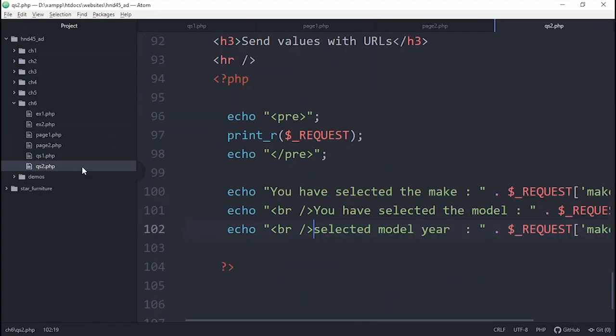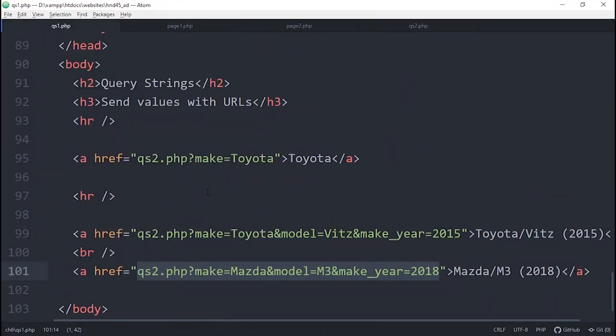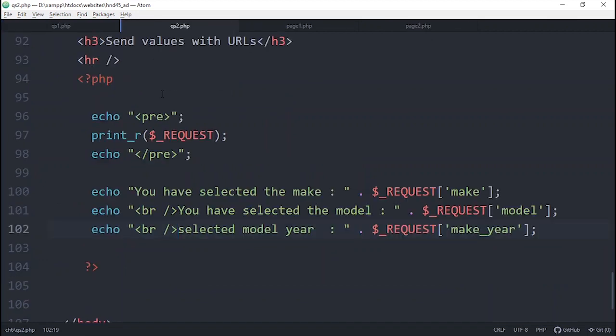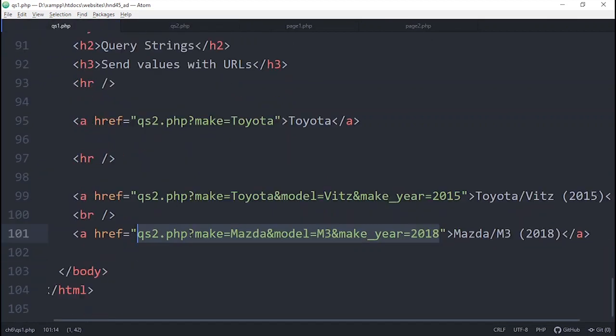Finally, we talked about query strings, a method of sending information using HTML links. So we will construct an HTML URL like this. The page it should go to comes first. There should be a question mark. After that, the parameter name, assignment operator, value. And if you are hoping to combine more than one parameter, you will use the ampersand.